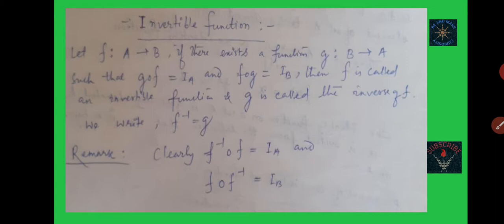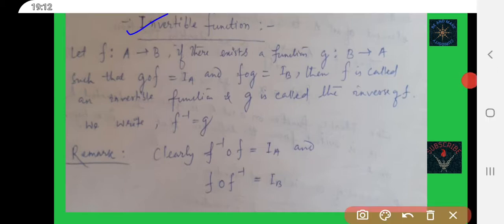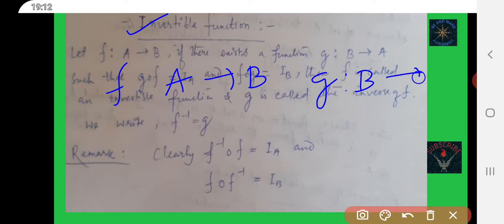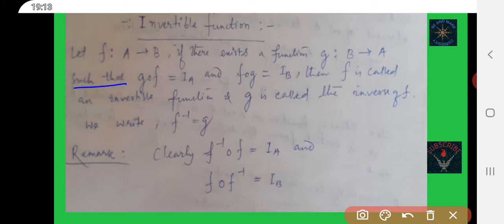See, invertible function. Let f be a function mapping from A to B. If there exists a function mapping from B to A, let it be the function g, such that g∘f is equal to the identity function on set A and f∘g is equal to the identity function on set B,